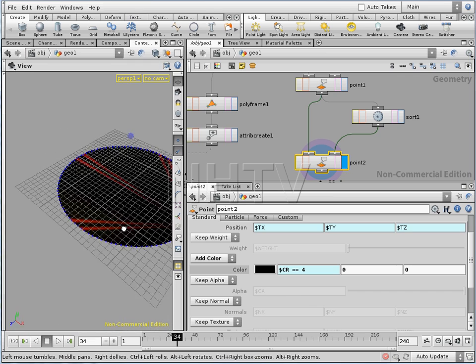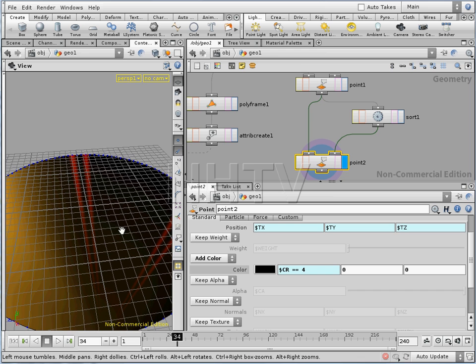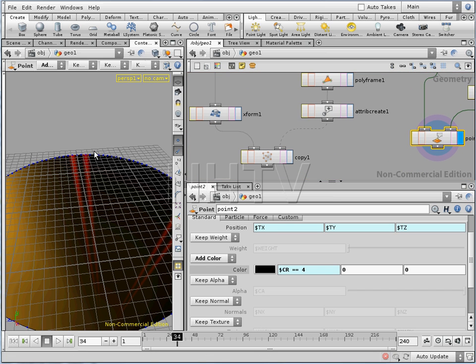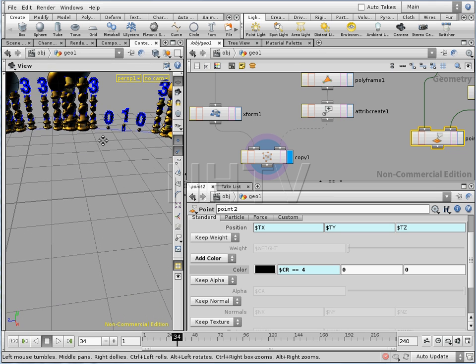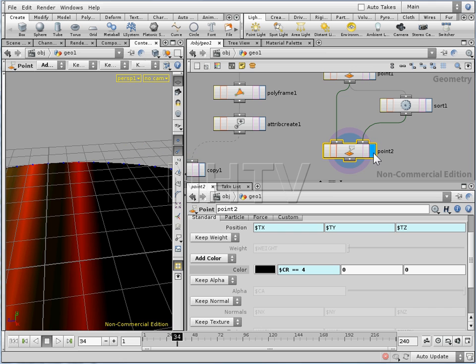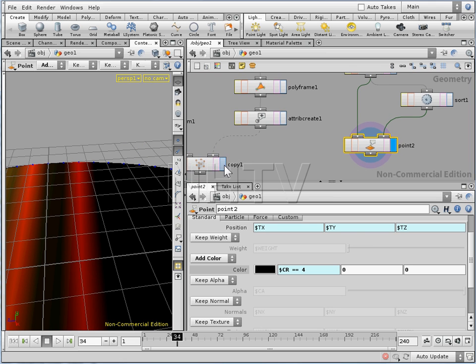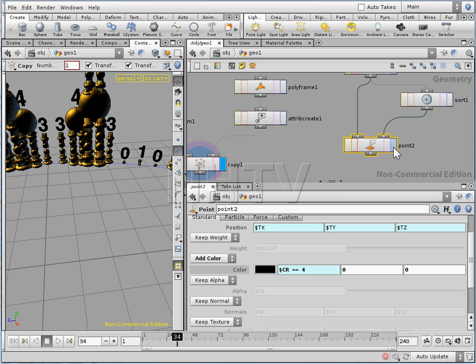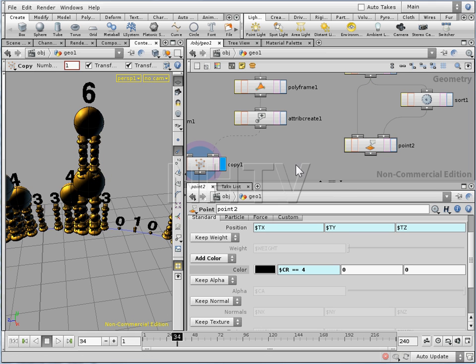So right now we have a few which are equal to 4. You see them as being red lines. If we look at them, we can see them right over here. So 4 is matching up exactly with the ones we have over here. 4, 4. Alright, now the next point that we want to have is this one, number 6. So if CR is 4